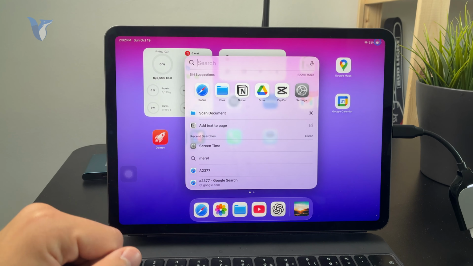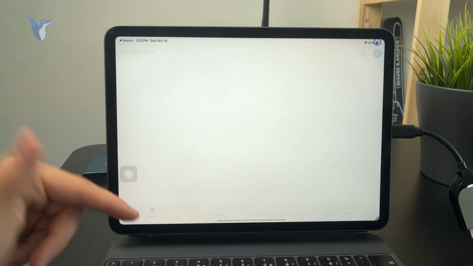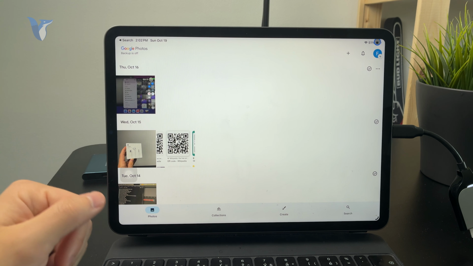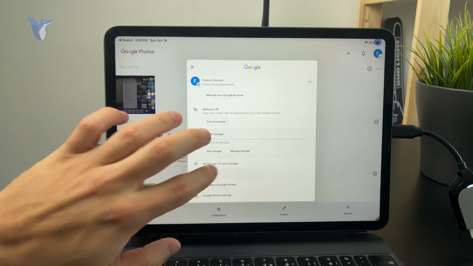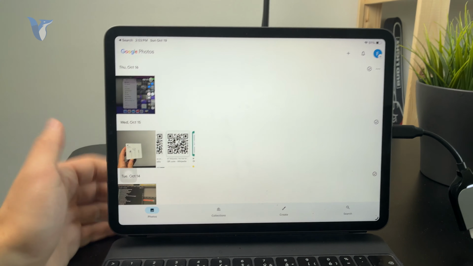Like after this, the Google Photos will basically just take all of them and back them up to their cloud. Obviously, if you don't have enough storage in their cloud, not all of the photos can be backed up, but that is the idea. One last thing to check out is, of course, inside of the general section